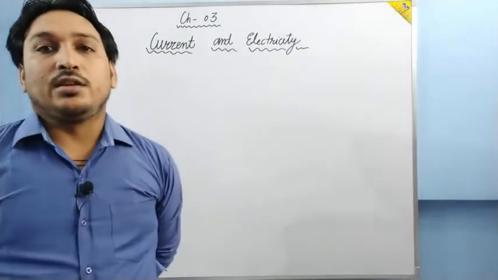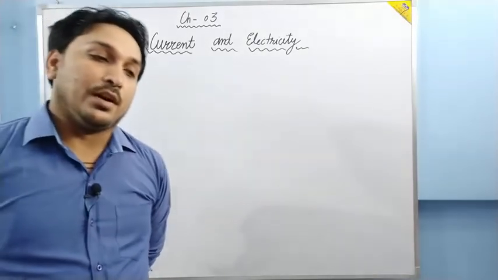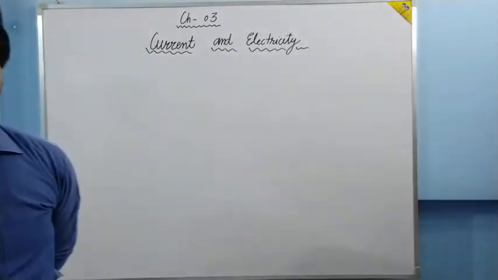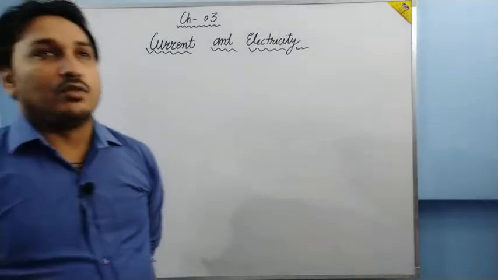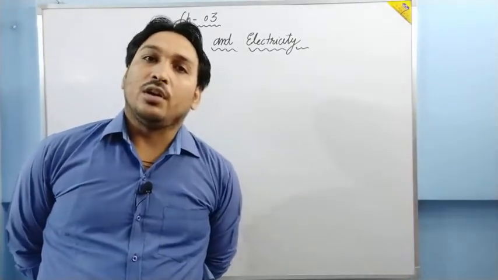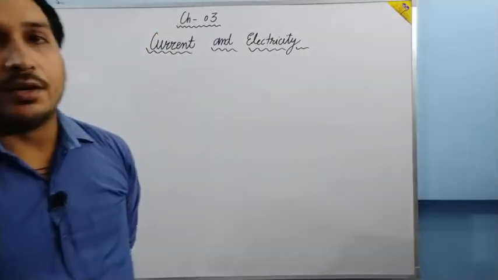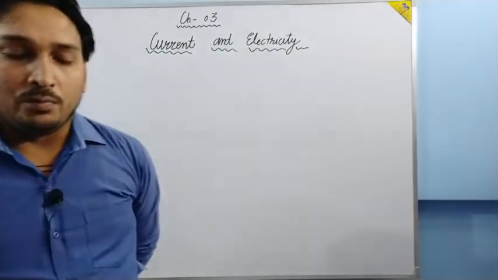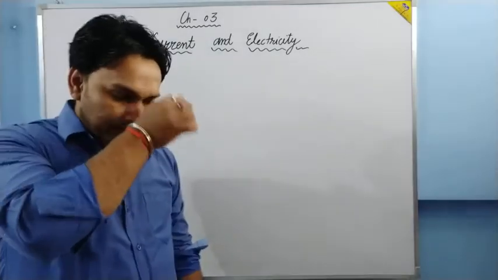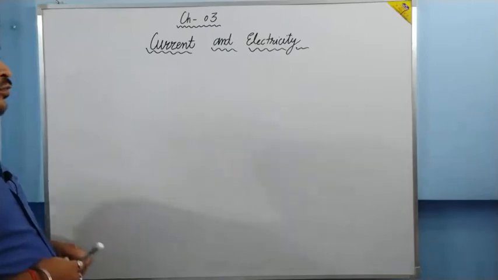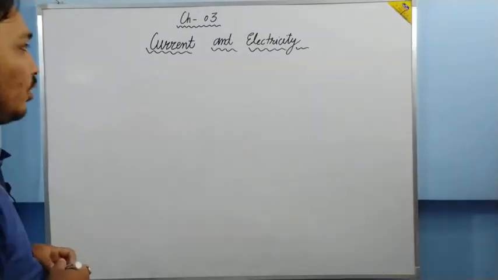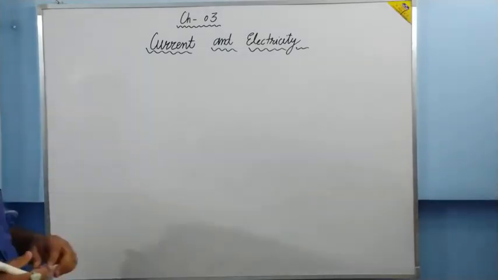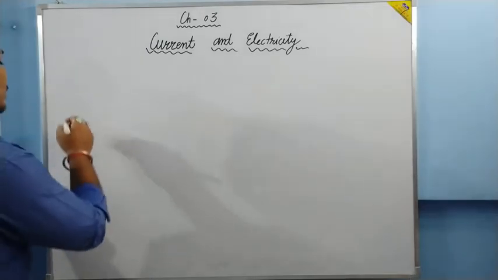In class 10th you only studied the definition of current, but here we are going to discuss what current is, why it is not considered a vector quantity, and how current flows inside a conductor. Before starting, let us understand a few points which are very important with regard to this chapter. The first point is